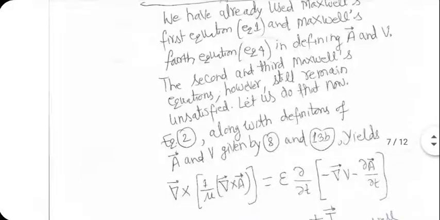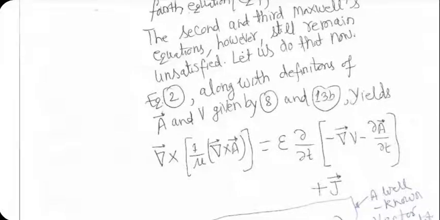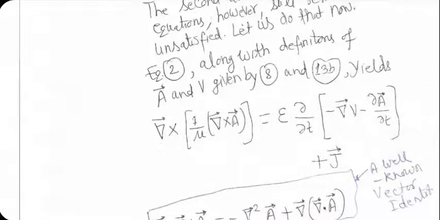So if I use equations, whatever numbers, for defining A and V, in equation 2, which is Maxwell's equation 2, del cross H equal to D dot plus J. For H, I put 1 upon mu del cross A on the left hand side. D dot is epsilon times E dot. That means epsilon times dE by dt. And that is related to V by what I have written within the brackets on the right hand side. E is minus del V minus A dot. We have defined that also. So this equation seems to be giving something new to us based on the two definitions of A and V. And J, of course, will be there.